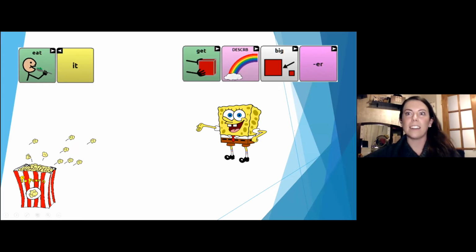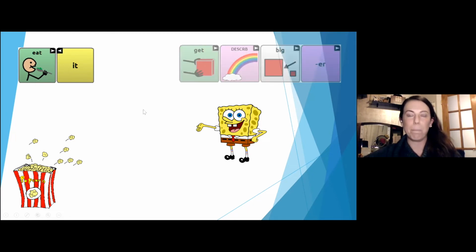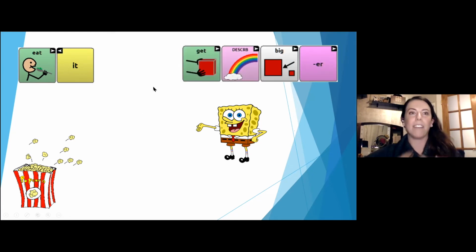This is another example of a way to work on that repetitive behavior. This is obviously from a virtual format. So looking at what can we do when we're not necessarily in person. And this is something that's motivating. I have eat highlighted for one of my friends. And so then we're going to feed SpongeBob the piece of popcorn that goes in. And then I can model bigger or get big. And I have the longer phrase, but we're working on him just using big.